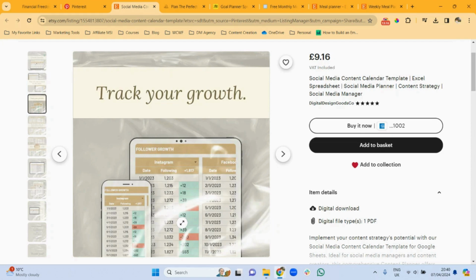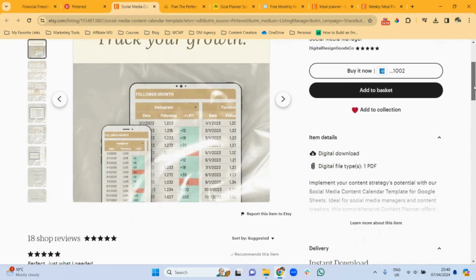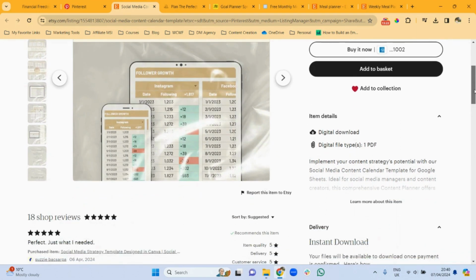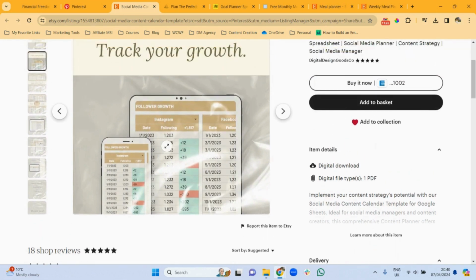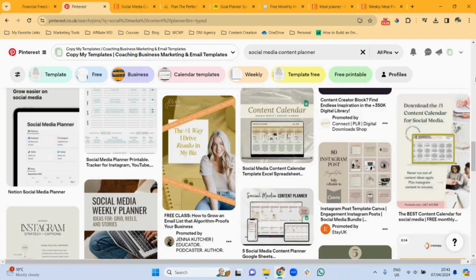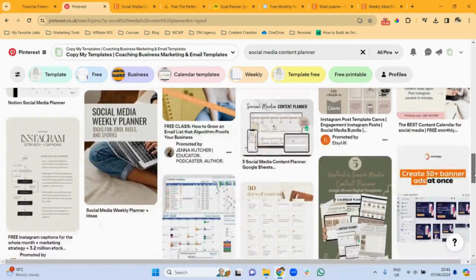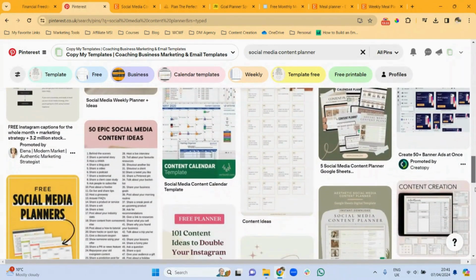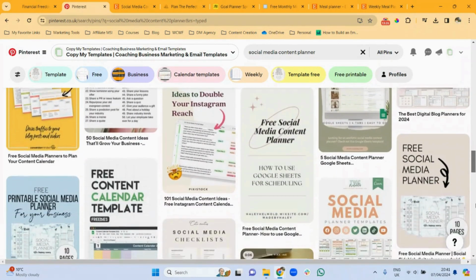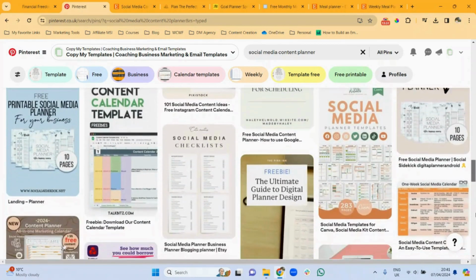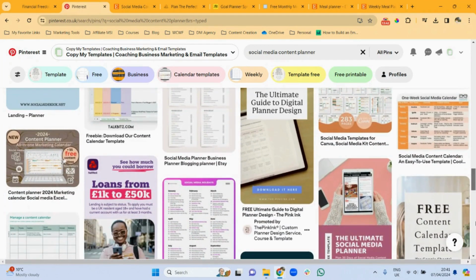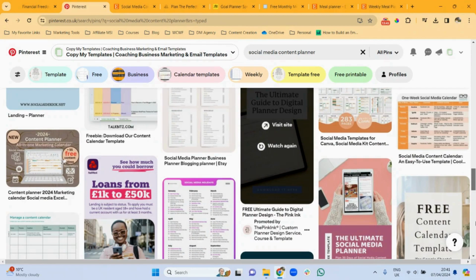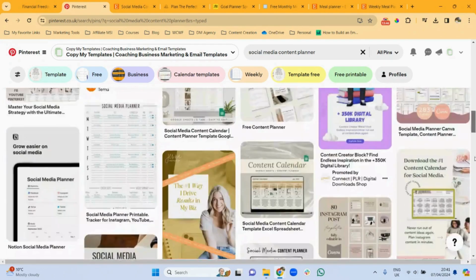So I really think that this is something that people would use. It helps them to streamline the content creation process. Users can focus on engaging with their audience and growing their online presence. There are so many people who would find a spreadsheet like this so very helpful. And then when you go back to Pinterest, you will see that there are loads of them here. So if there are loads of people actually putting it and promoting it on Pinterest, then you know that there definitely is a demand and it is something that perhaps you can tap into. I think this makes it a potentially profitable digital product.